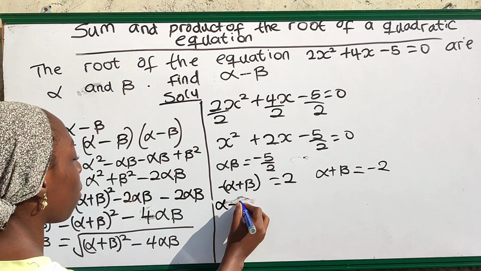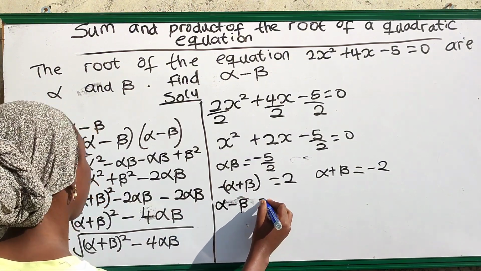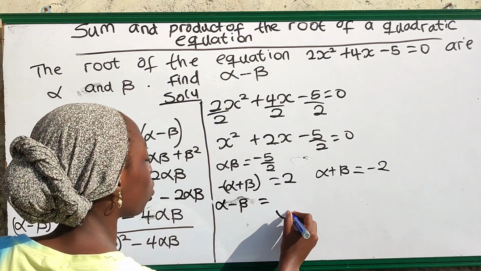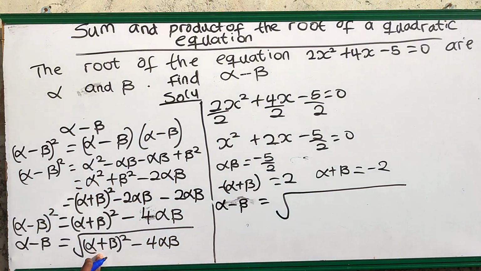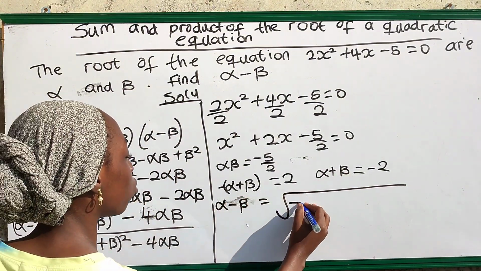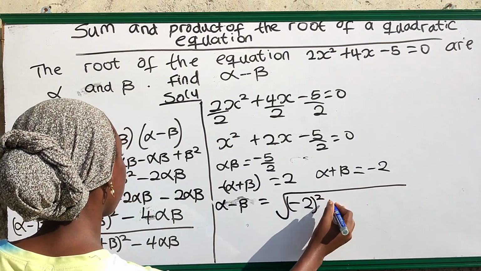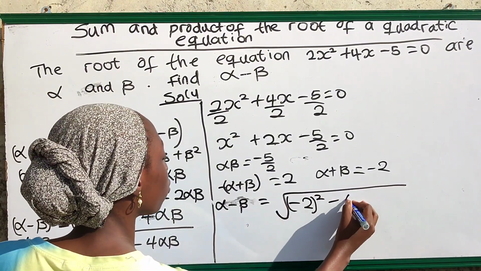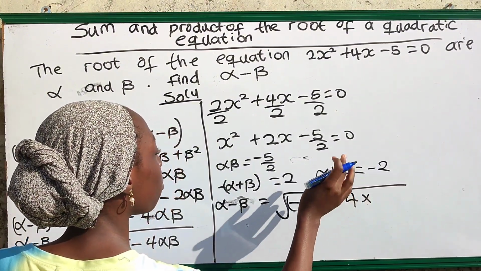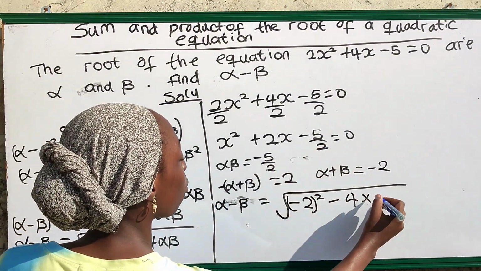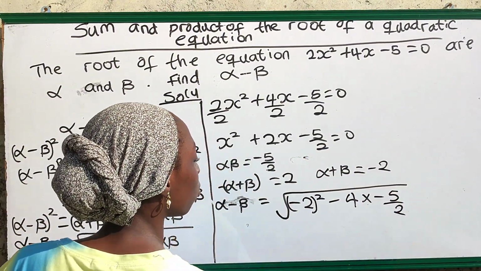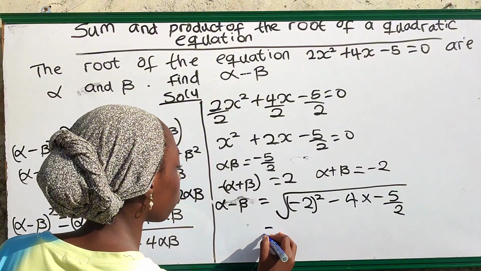Let me continue here with alpha minus beta. Square root of, what is alpha plus beta? Alpha plus beta is minus 2, squared, minus 4 times, what is alpha beta? Alpha beta is minus 5 over 2. Will now be equal to